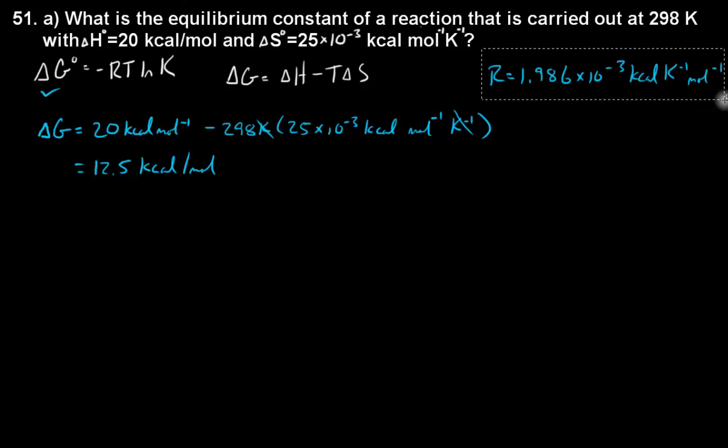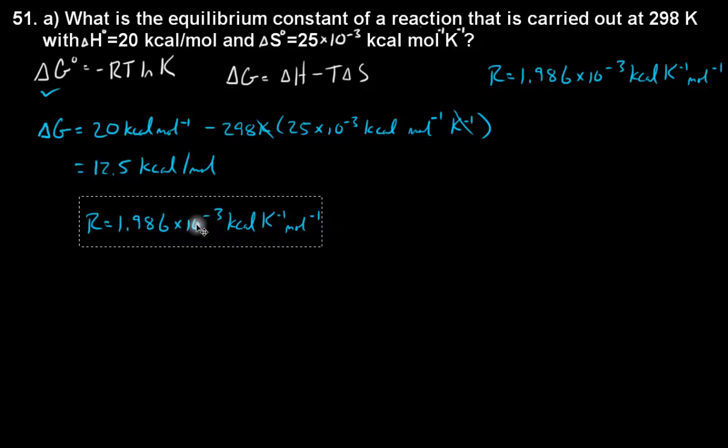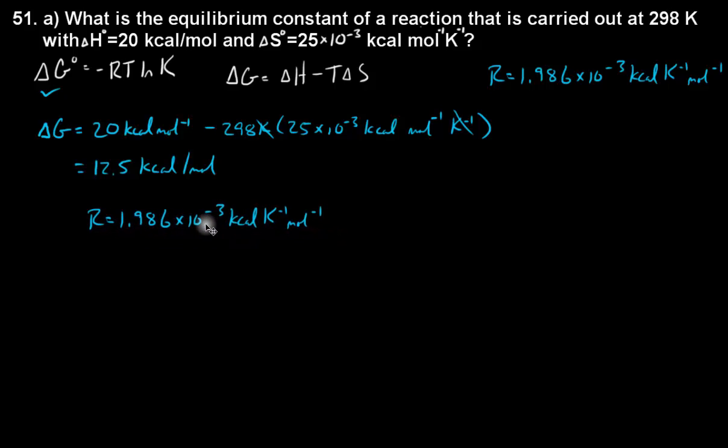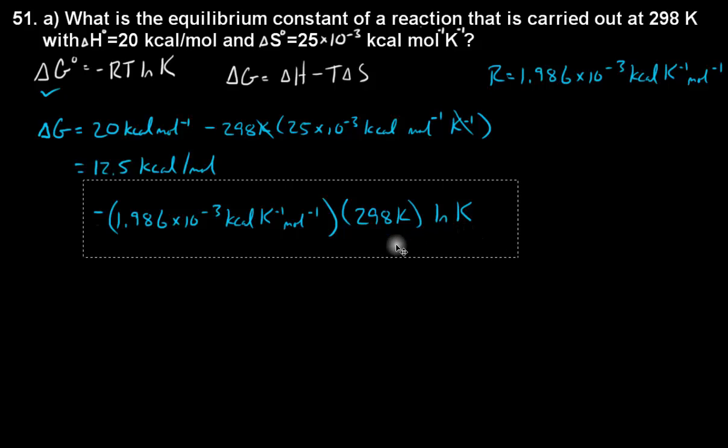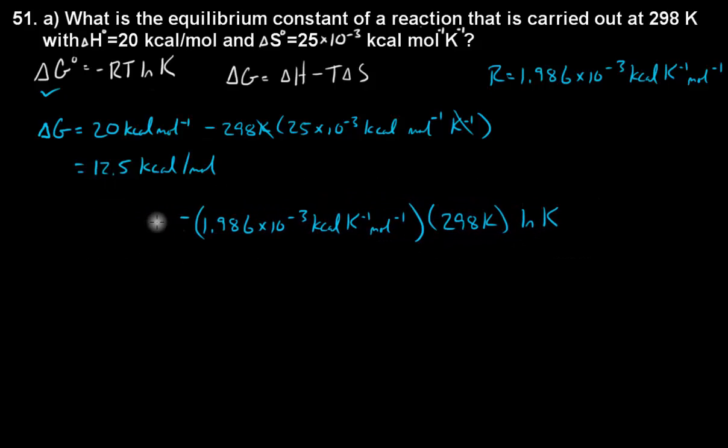So let's go ahead and take this R term and plug it into our delta G equals minus RT ln K equation. So I'm just going to take this and put it in parentheses for our R, put the negative there, and we have a T of 298 K, and then we have ln of the equilibrium constant. So don't get this K right here mixed up with this K, this Kelvin. This is not a temperature term, this is an equilibrium term. Okay, so we know 12.5, so let's move this over a little bit. So this is going to equal